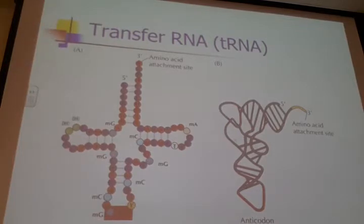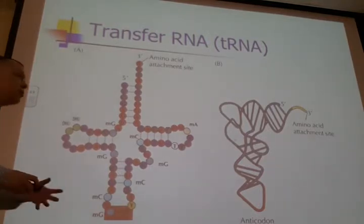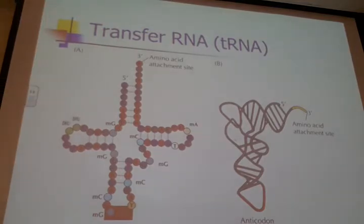So these are first transcribed, just like we just learned, right? So there are transfer RNA genes. They are transcribed in exactly the same way we just learned, right? RNA polymerase hops on the promoter, transcribes the transfer RNA gene. They get introns removed. This is a eukaryotic cell. They don't get 5' caps or poly A tails, but other than that, it's a piece of RNA